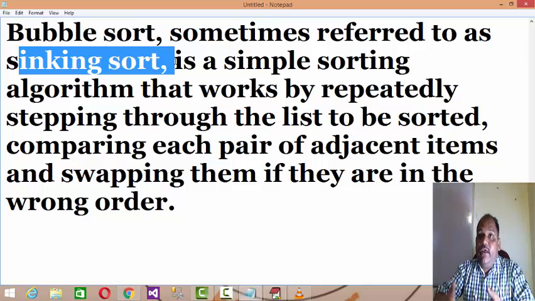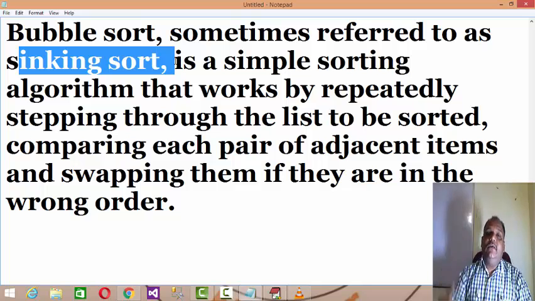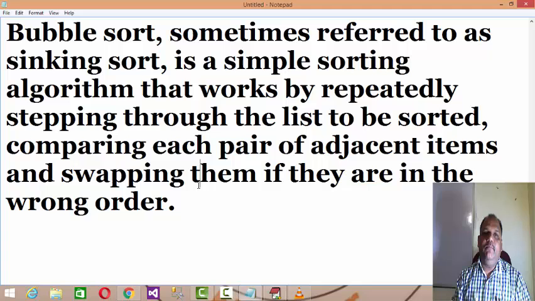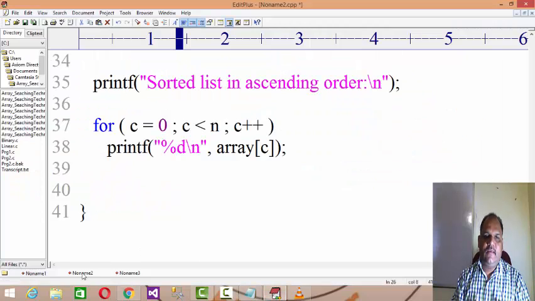That's the way the bubble comes from the bottom to top. This is how we can implement the bubble sort, because all these sorting techniques are for arranging your random data in sorted order, whether ascending or descending, right? Let us go for the implementation of it.